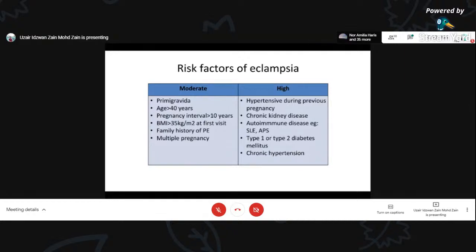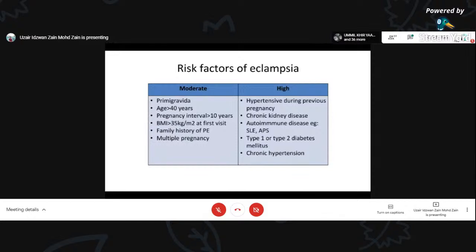So if a patient has any of the high risk factors of preeclampsia, we have to give the patient antiplatelet. We call this preeclampsia prophylaxis: low dose aspirin. If you go through the NICE guideline, you see 100 to 150 milligrams of aspirin daily. So high risk includes patients who have chronic hypertension, chronic kidney disease, autoimmune disease, for example, SLE, antiphospholipid syndrome, type